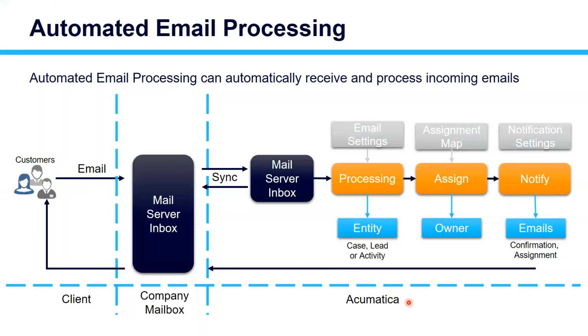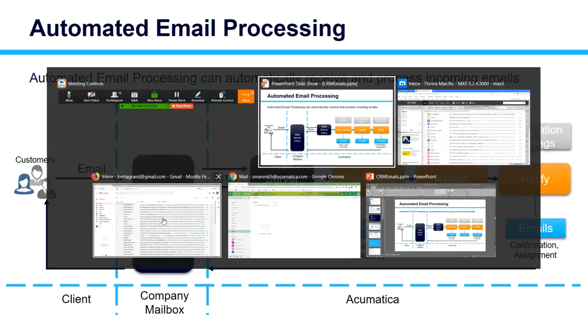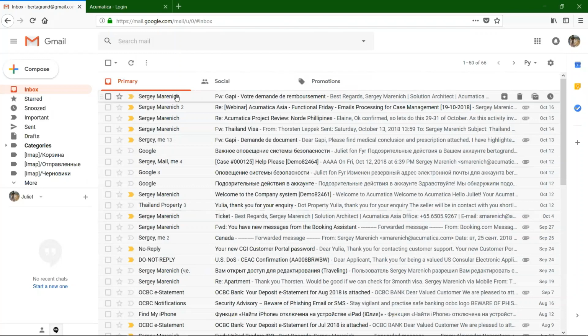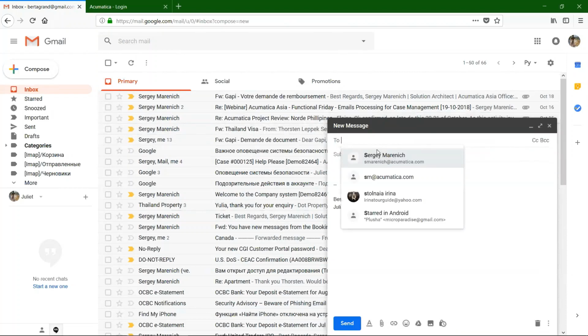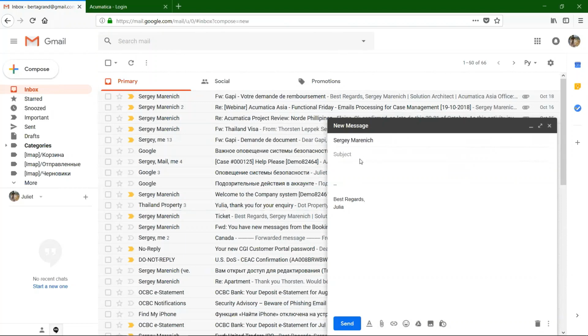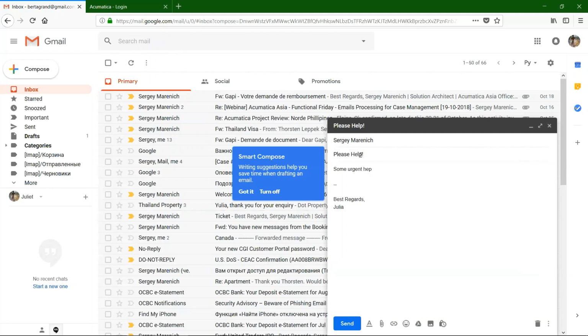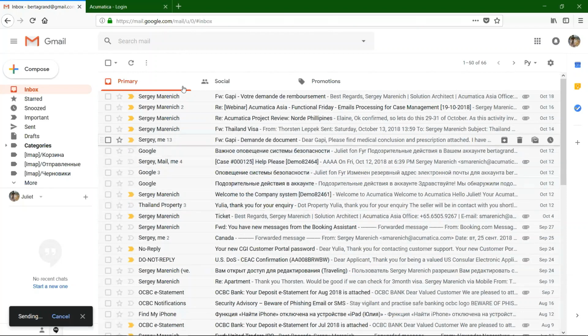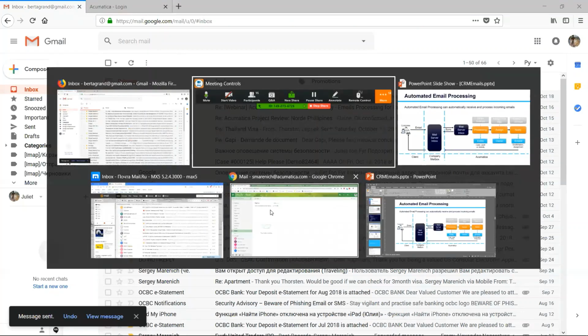Okay, so let me show you this in Acumatica. As I mentioned, this is a Firefox browser where we have a customer, basically the customer who sends the email. Let me do this scenario. I send the email to my shared man in the middle account, with "please help," some urgent help required. I'm sending this email, and it goes from my client account to basically my man in the middle